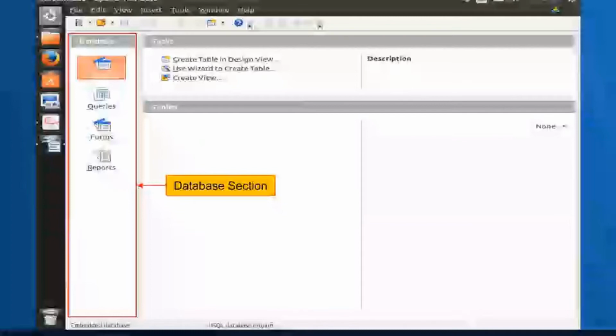Select the required table from the sample tables and choose the fields required in the table from the available field list, and move them to the selected fields list using the greater-than arrow button. You need to click on that. So by using that arrow you can move them.